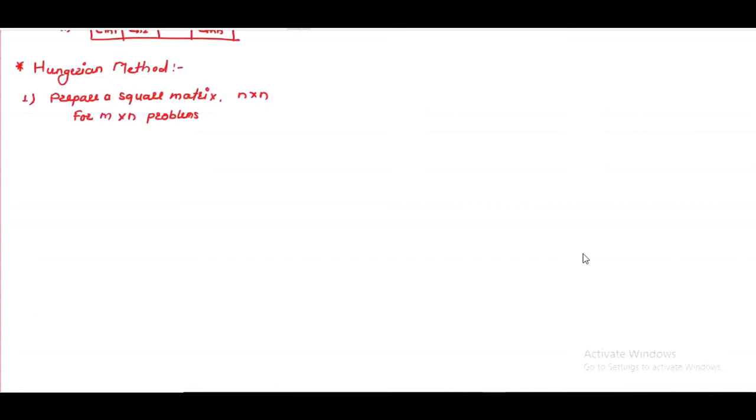In that case we have to add a dummy row or a dummy column, whichever is needed.